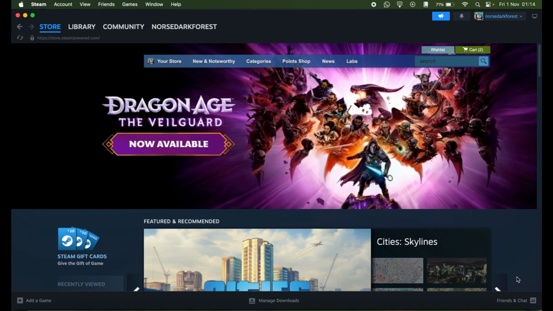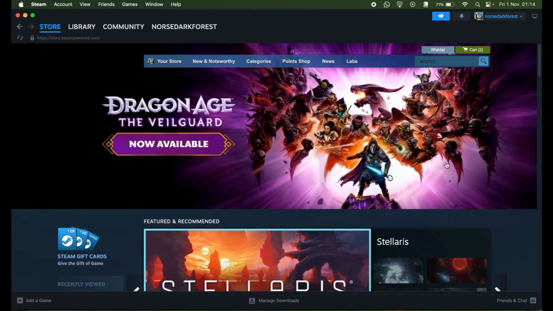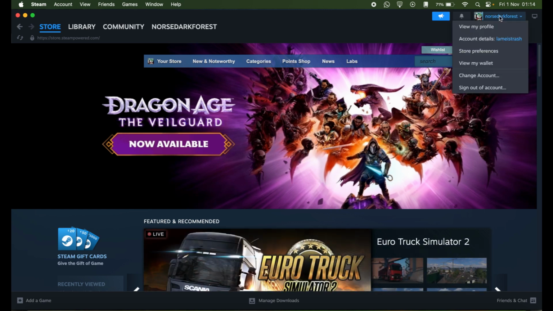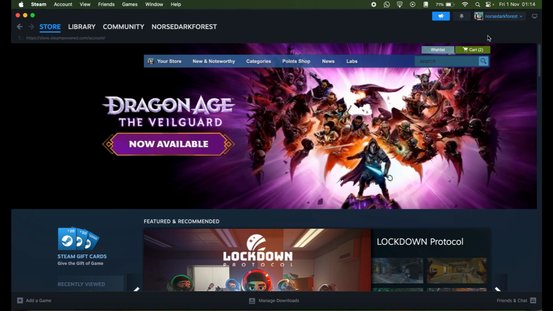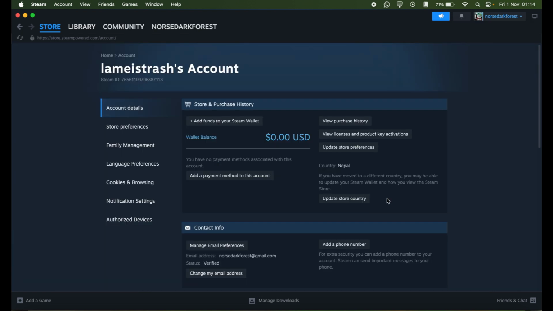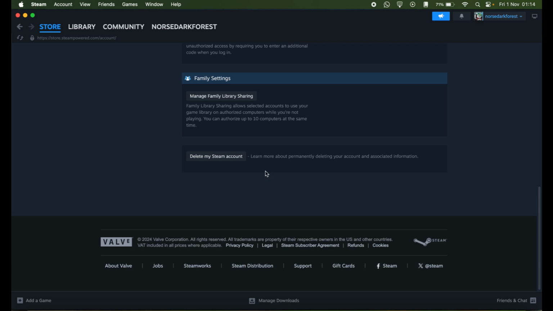So the first step is just open your app and make sure you're logged in. And now after that, just look at your top right corner where you can see your account name, and now just tap on it till you find account details, which should be right at the second, right below view my profile. After you tap on account details, scroll all the way down till you find at the bottom delete my